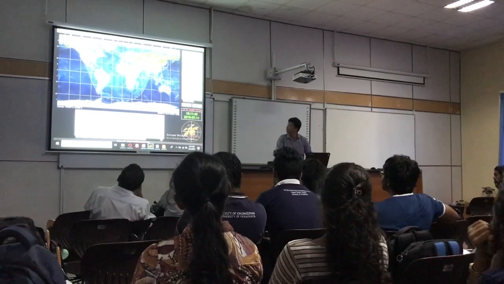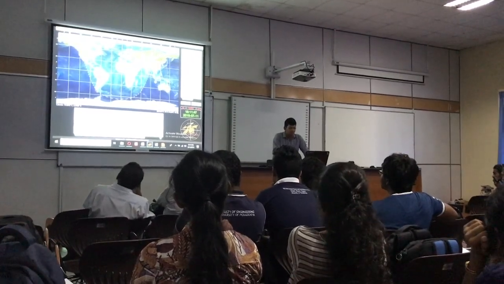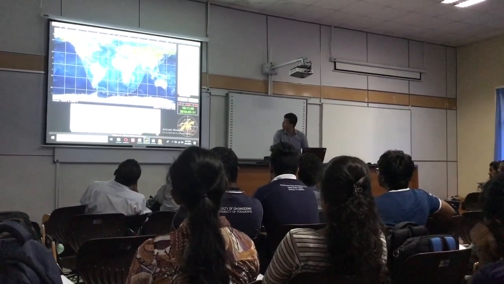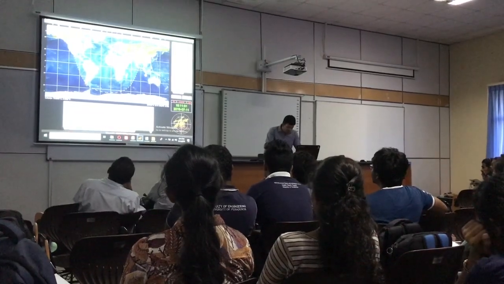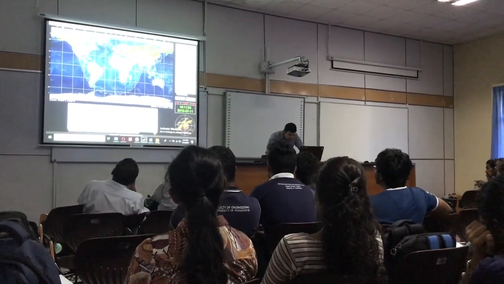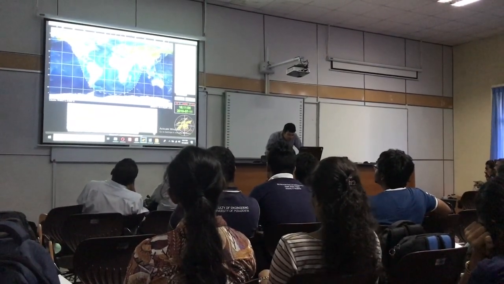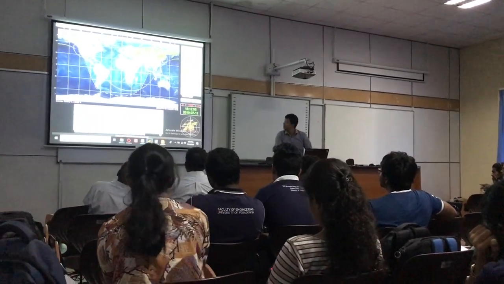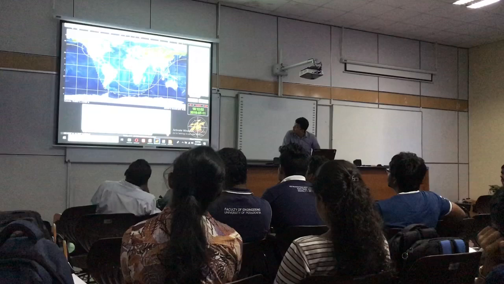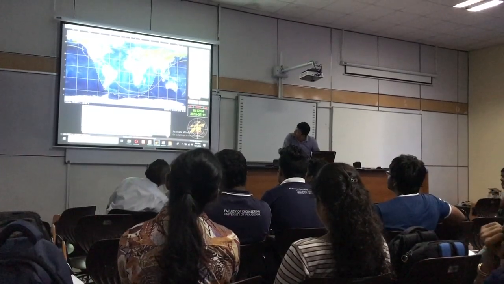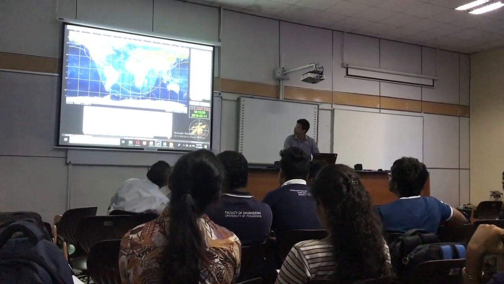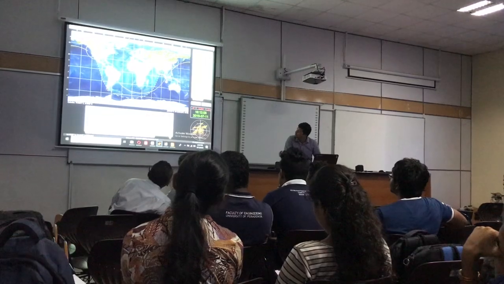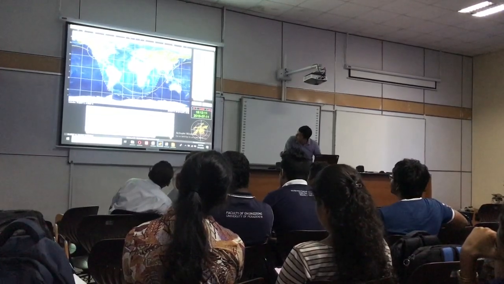So this is about Ravana, so I select Ravana. There is Ravana. You can see the Ravana satellite here, and the data is in range. You can see this is the range, and this is traveling